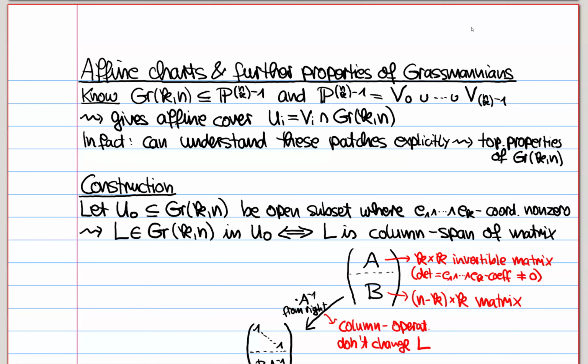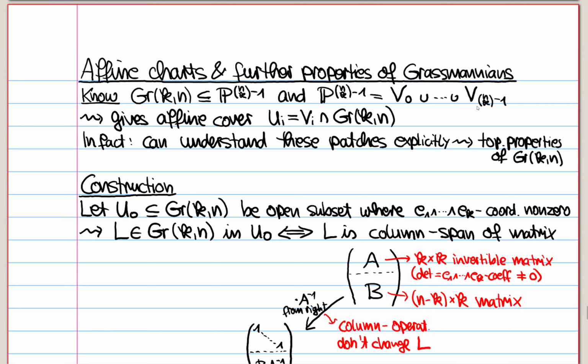Now that we know that Grassmannians are projective varieties, we can ask what their properties are. So can we find the dimension? Is it reducible, non-reducible, and so on? And to understand this better, note that this Grassmannian sits inside this big projective space, and this, of course,